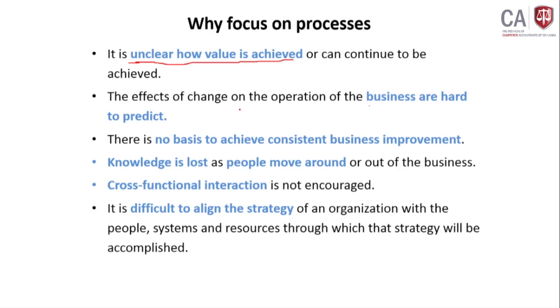So, you are predicting that next month you have to develop so many products because it's the New Year season, and you are planning for that. But suddenly, due to some environmental changes, government initiatives, there can be so many changes next month. Then you will not have the expected achievement. So, those are very hard to predict.